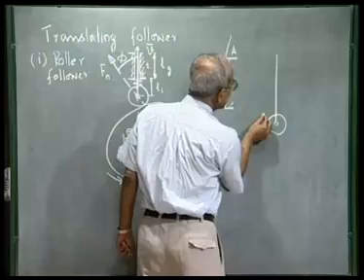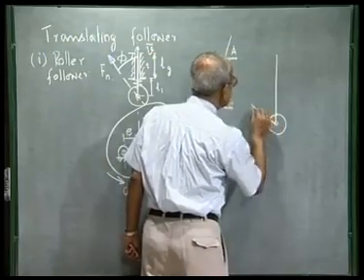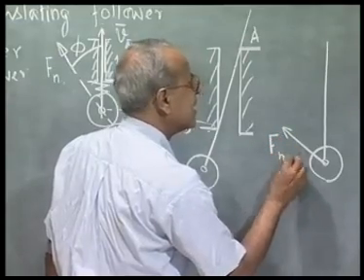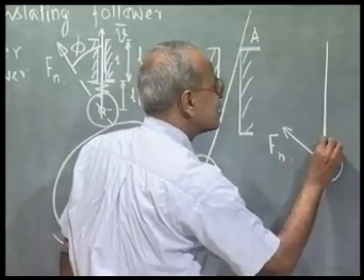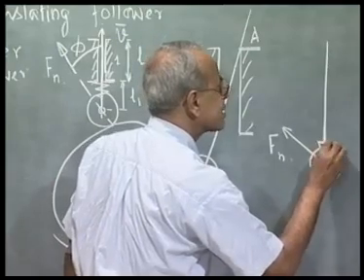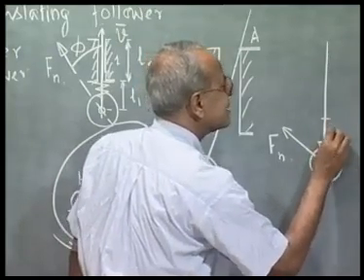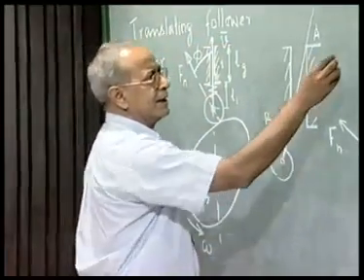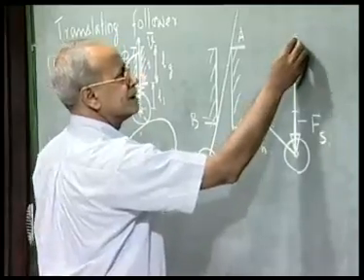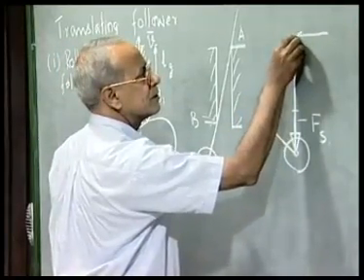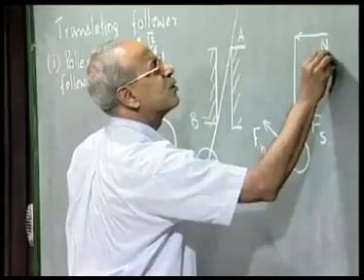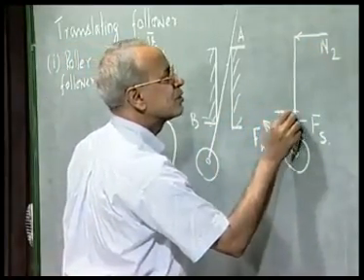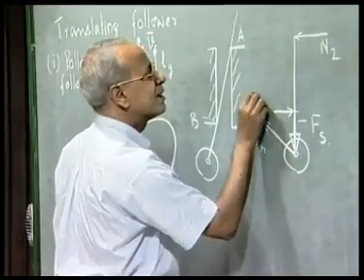The forces that are acting is this driving force Fn, there will be a spring force downward as the spring is compressed. Let us say this is a spring force which I write Fs, and at this point A there will be a normal force, say N2, and at this end there is a normal force, say N1,